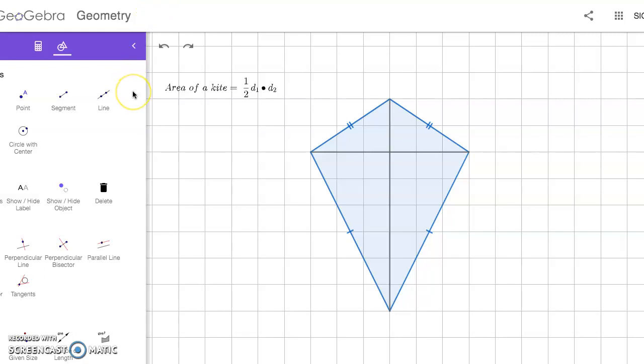In this video, I want to discuss the area formula for a kite and how that comes about. So here we have a kite. Hopefully you remember that a kite is a quadrilateral with two pairs of consecutive congruent sides, which is kind of